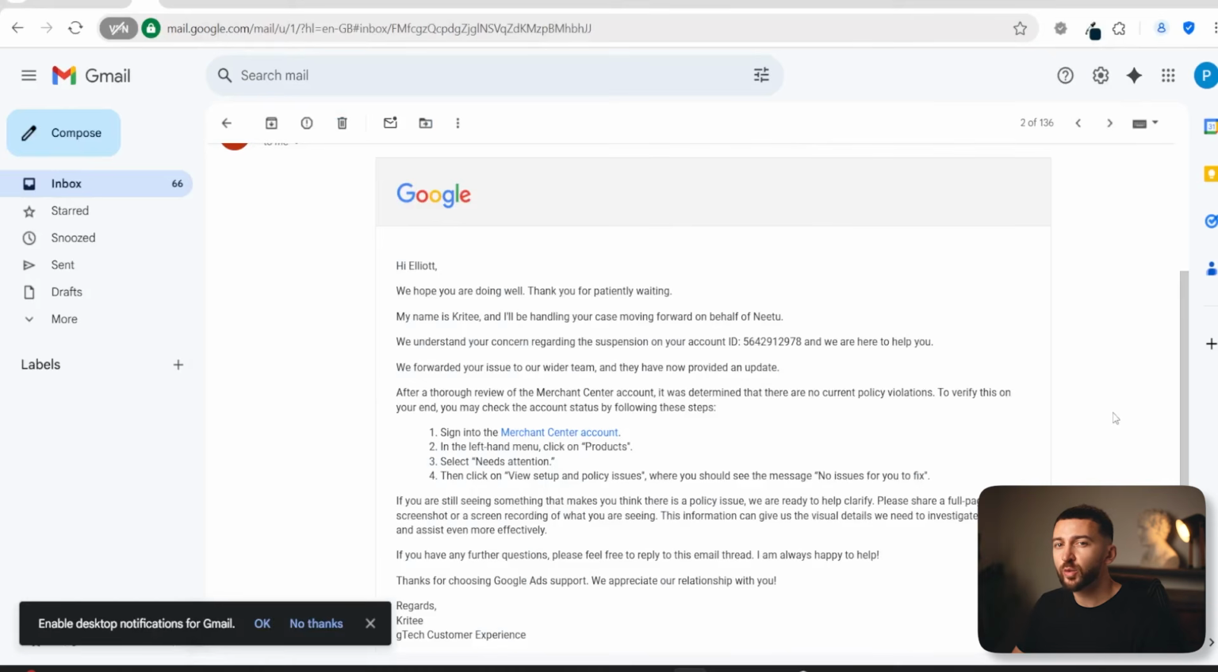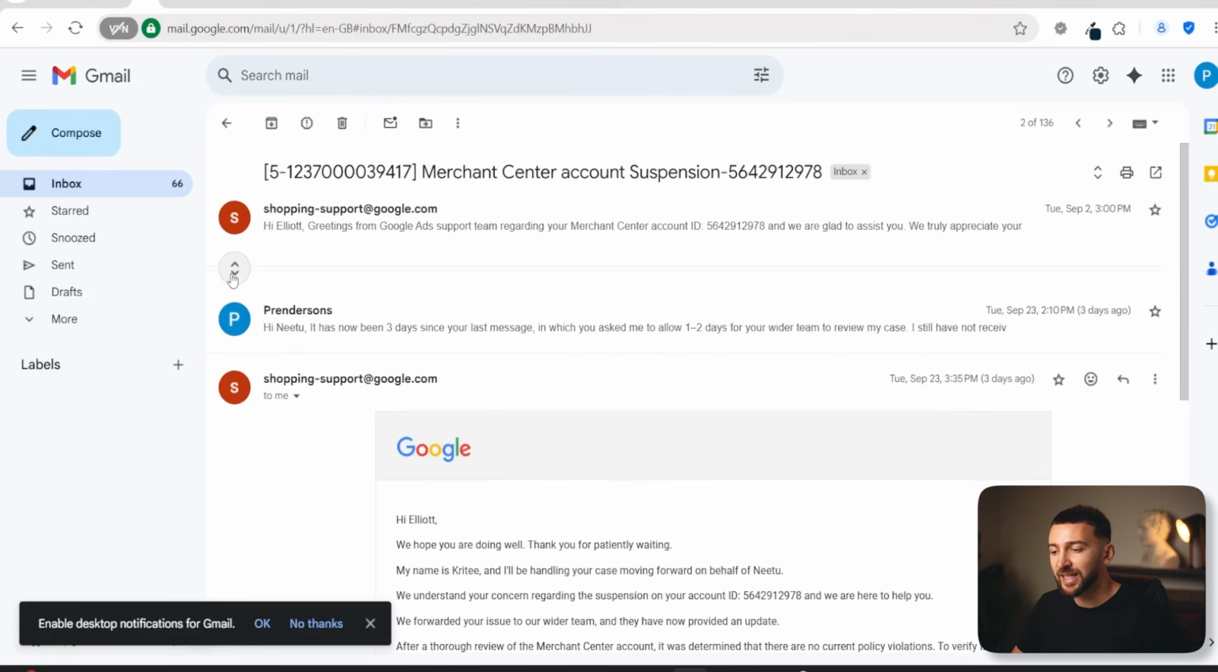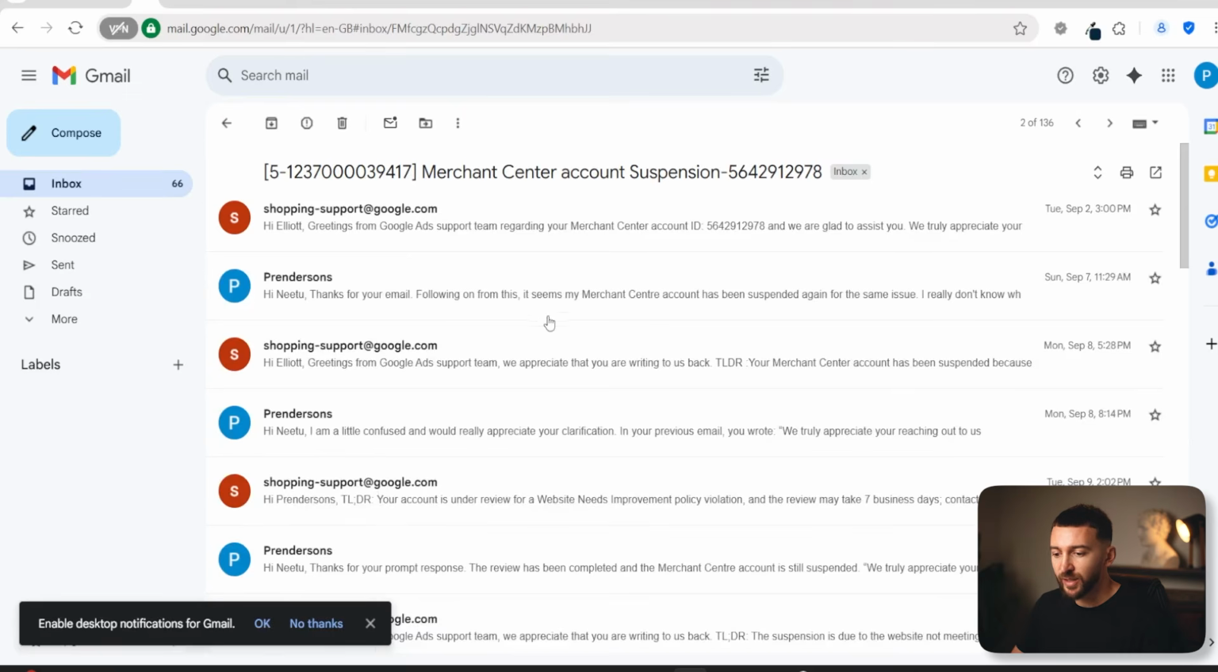Now, one last thing I do want to mention when it comes to getting the suspensions lifted on your Google Merchant Center account is that you're going to have to be very persistent with Google's customer service. They will send you templated emails over and over again. So just be consistent with your replies. As you can see here, I have sent 16 emails to the Google Merchant Center customer service. So if we just go and have a look at some of these,